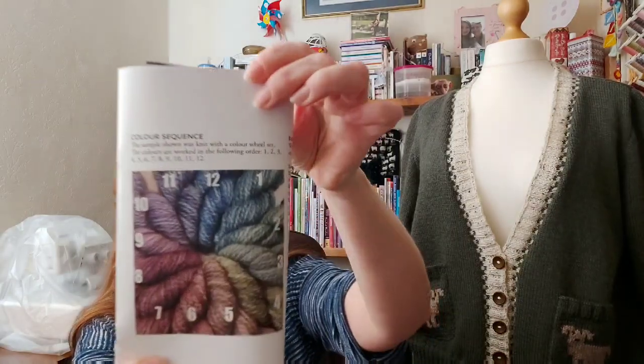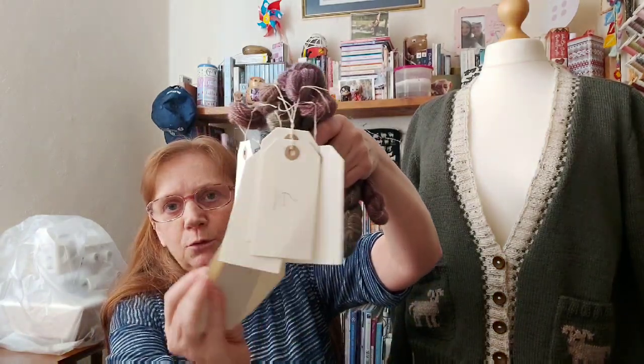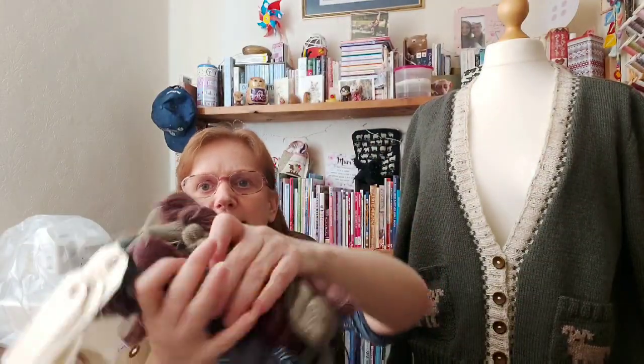Anyway, so I got the little booklet, which has got the shawl in it. And if I fold this over like that, because I can't let you see that, in the yarn bundle, it all came together in a certain number order, like so. So what I've done, so I actually remember what order it all goes in, let me get them. I have labelled them all. As I was undoing it, I labelled all of them with the numbers. Oh, there's the other one. And these